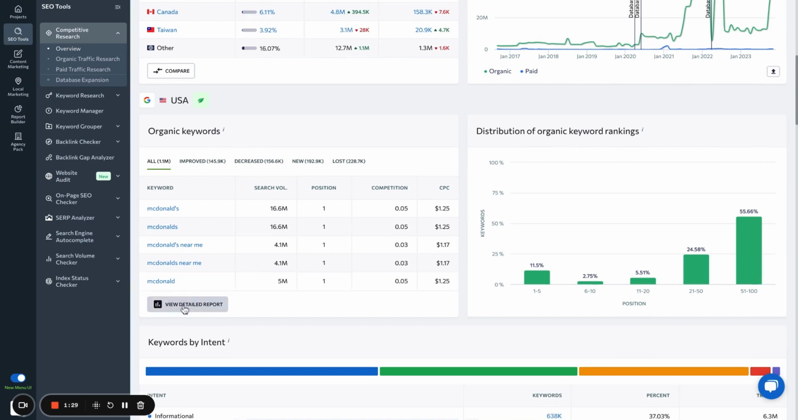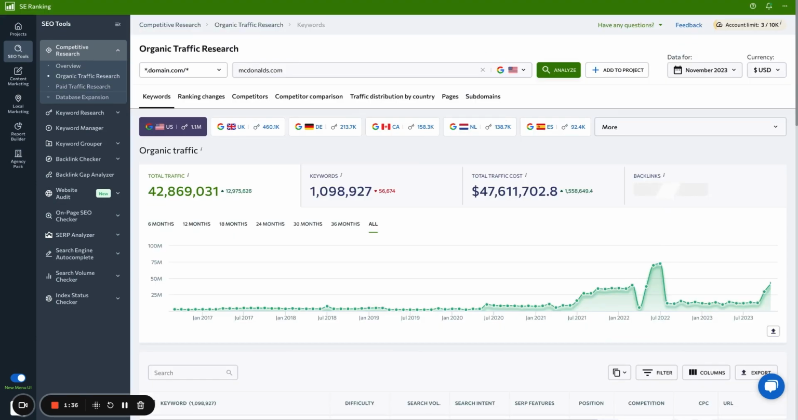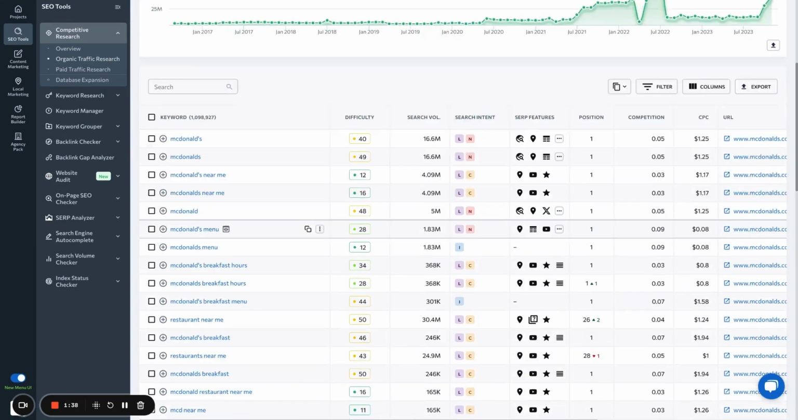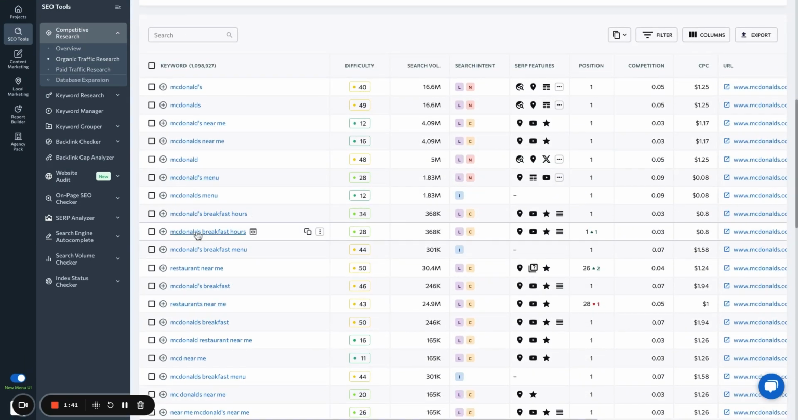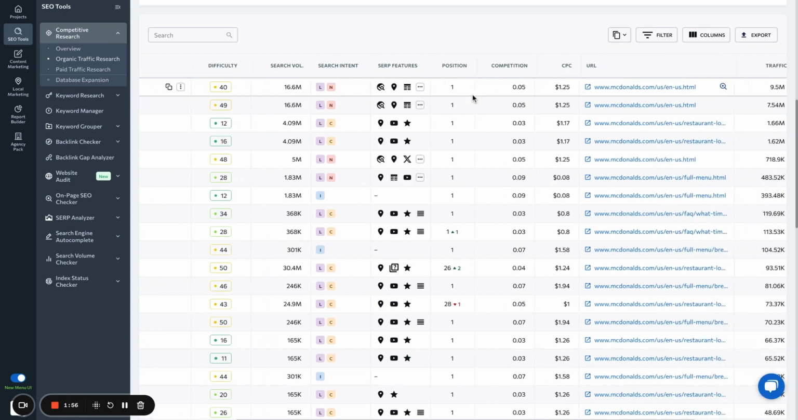I can go ahead into the View Detailed Report node and see the list of all of the keywords that are useful for my organic traffic and that I'm currently ranking for. Below, here's the list of those keywords that are pulling that organic traffic to my domain. And do not forget that this is something you can use for your domain or for that of your competitors. I can see the difficulty of those keywords, their search volume, their search intent, and other metrics that can be